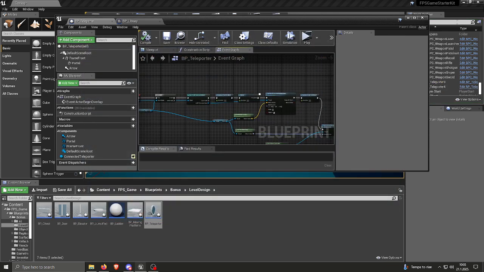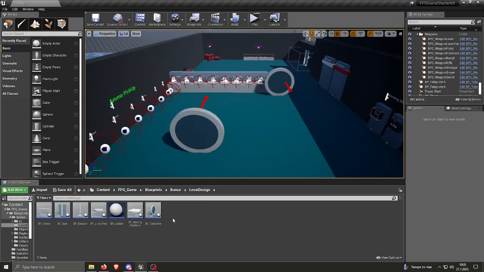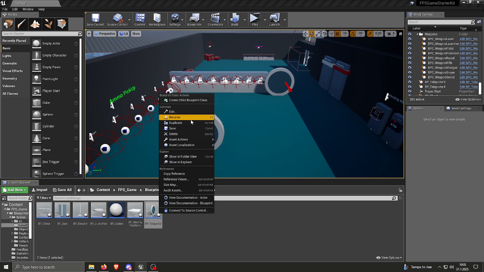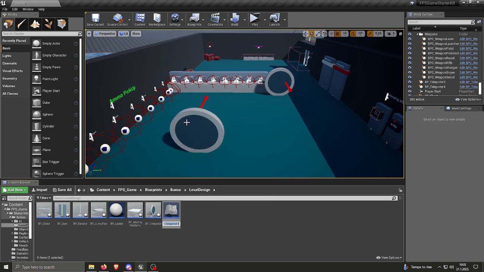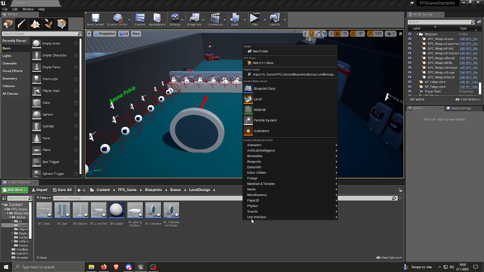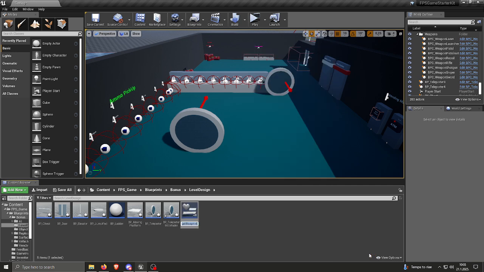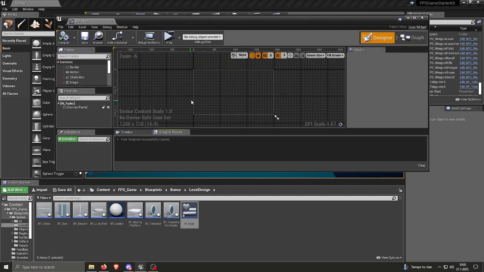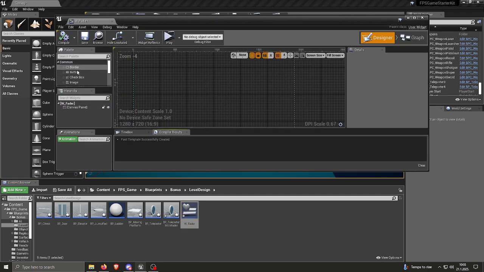So, first thing we're going to do is duplicate SB's teleporter. We're going to call it SB with fader. And then we're going to make a user interface widget blueprint, and we're going to call it v-fader, just like Darth Vader. And we're going to put an image there,